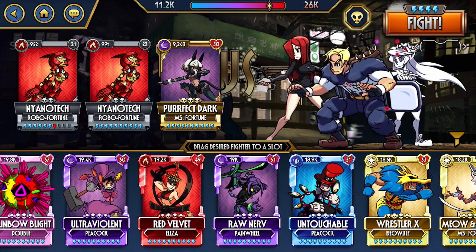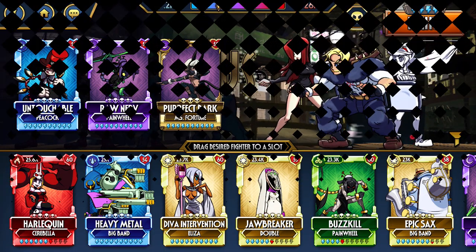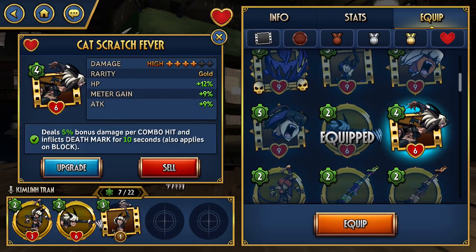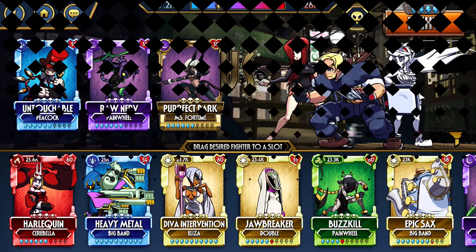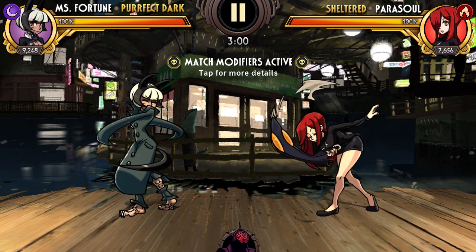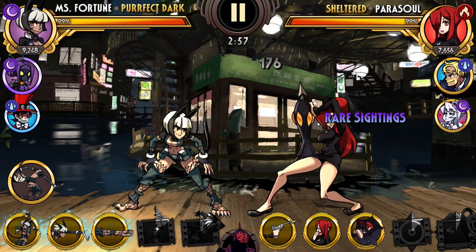So I'm just going to throw a few fighters in here. Who can I throw in here? Like this. This looks pretty good. Does my actual Perfect Dark have moves? Basically, what I'm going for here is this Perfect Dark I have as my first fighter, and her special ability is going to apply curse to them. I'm just going to show how this will work, because you basically just stall at the beginning of the match, and then it'll apply a permanent curse to them, and then when knocking them below 50% and 25% health,